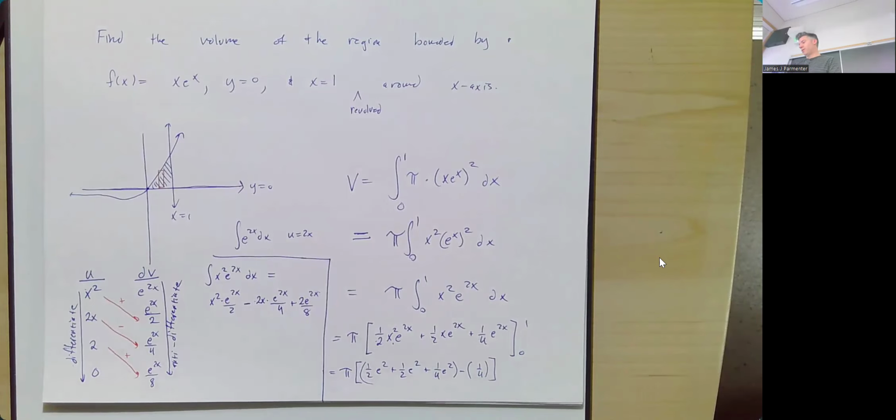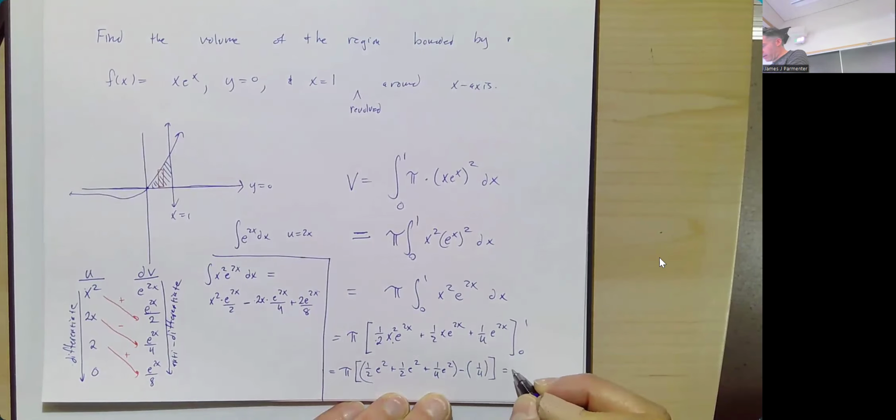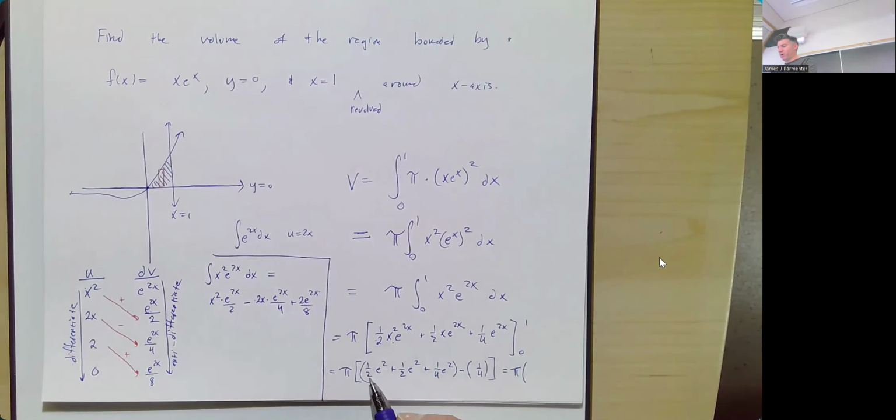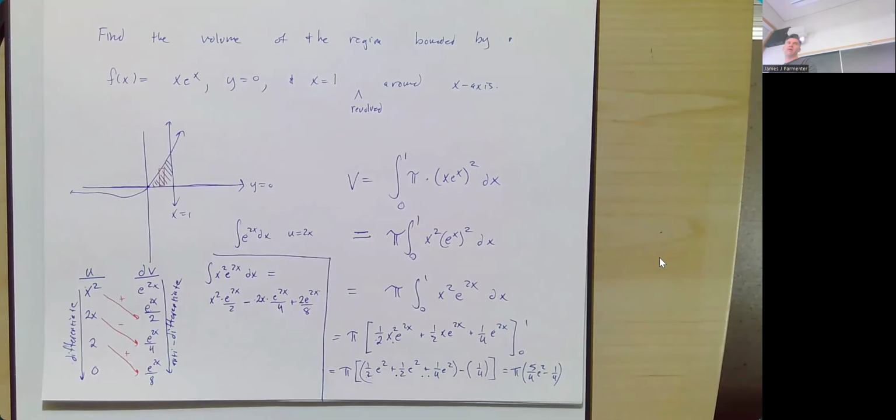And then you probably could simplify that more if you felt compelled to. We're going to get pi times 1/2 e squared plus 1/2 e squared plus 1/4 e squared, which is 5/4 e squared, right? 2/4 plus 2/4 plus 1/4 is 5/4. So 5/4 e squared minus 1/4. Kind of a gross final answer, but